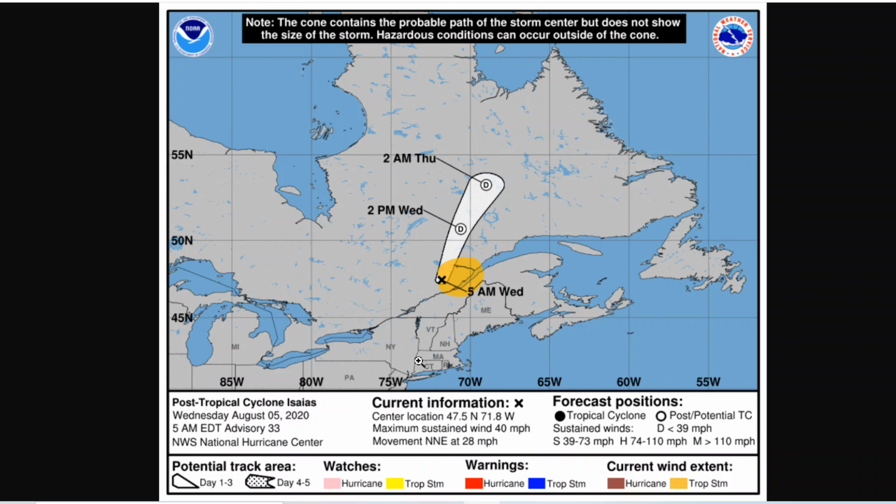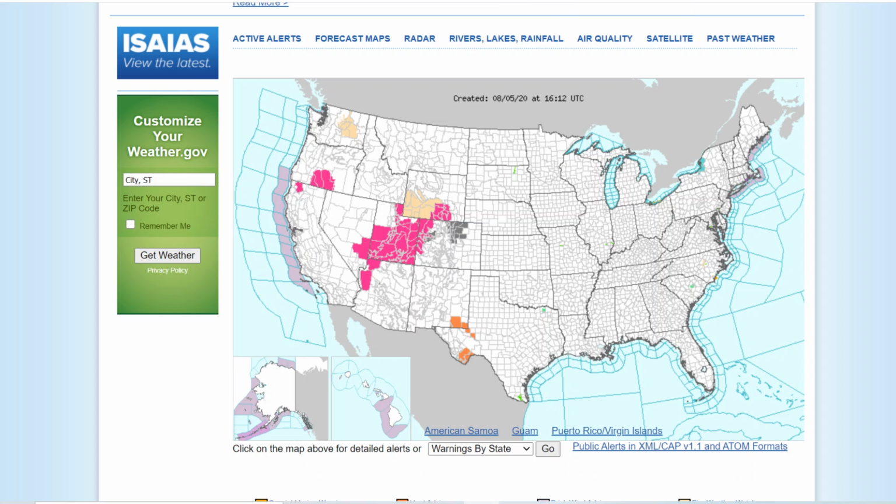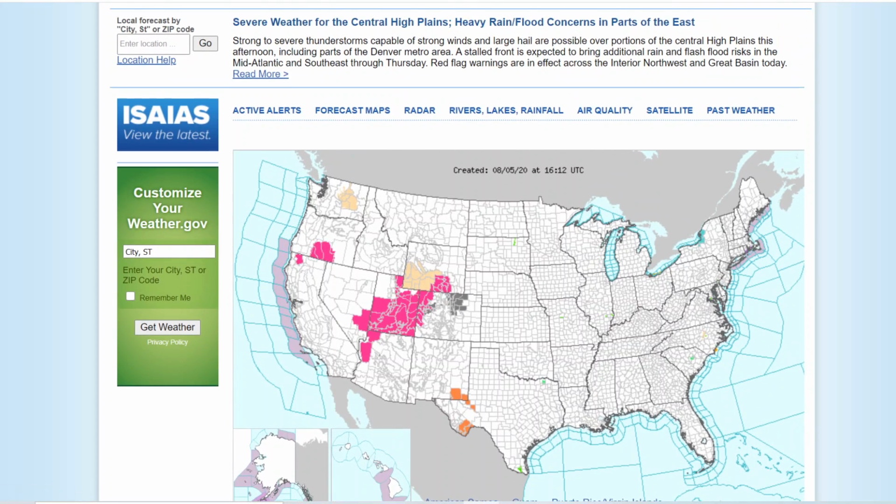And right now it does have maximum sustained winds of 40 miles per hour, so it is definitely weaker. It's making its slow northeasterly direction before it's just going to collapse into remnants and get sucked up in the polar jet stream. So now if we look at the National Weather Service hazards map,